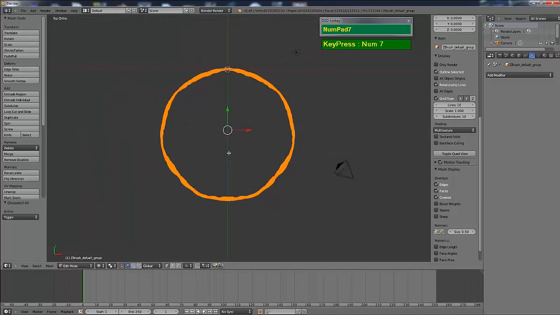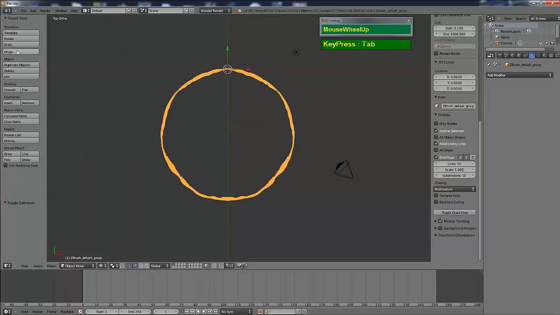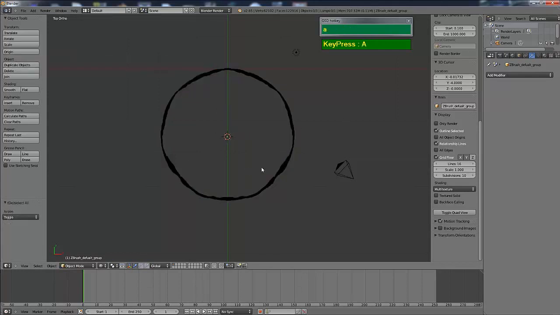Press A to deselect, press Tab to go to object mode, click on Origin and choose Origin to Geometry. That calculates the rough position of the geometry, but visually the center seems to be more here, so I'm going to left mouse click to place the cursor here and use the origin function again, Origin to 3D Cursor.